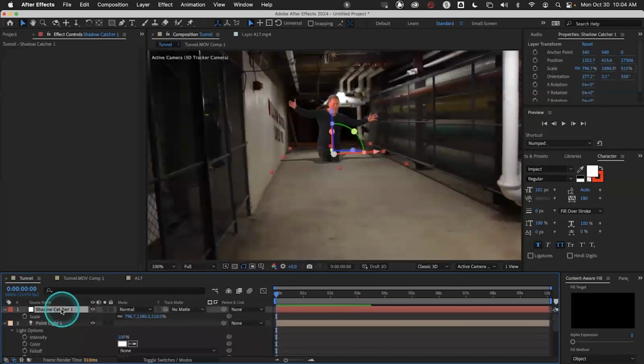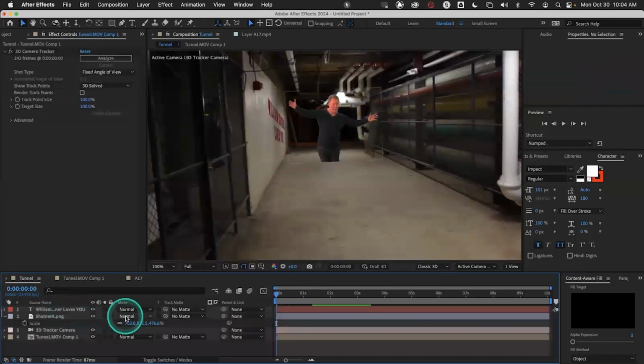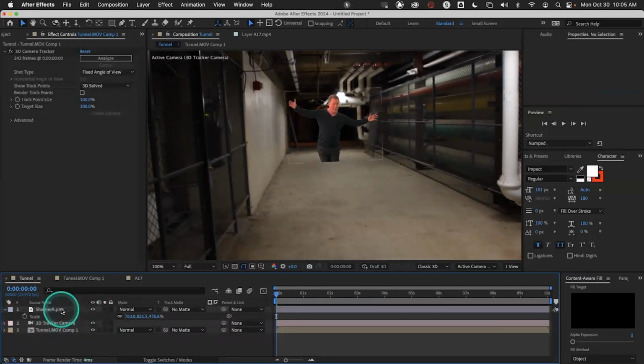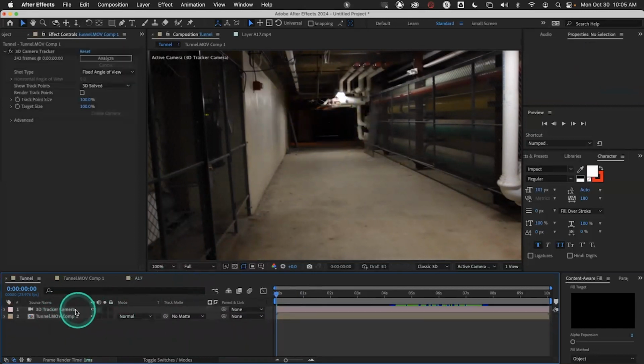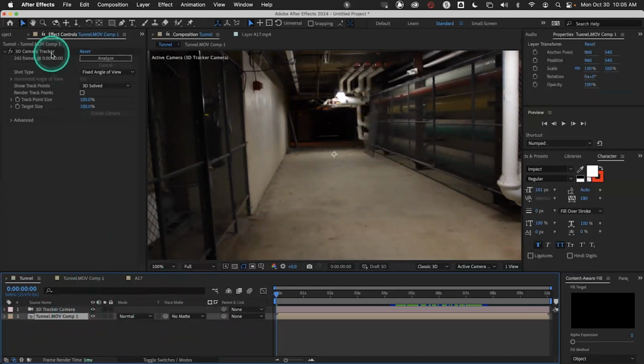Okay, so we're going to get rid of the shadow catcher. We're going to get rid of the point light. I want to show this to you as an idea. We're going to get rid of William Shatner. Goodbye, William Shatner. And we're going to go back here to the 3D tracker camera, 3D tracker, and we're going